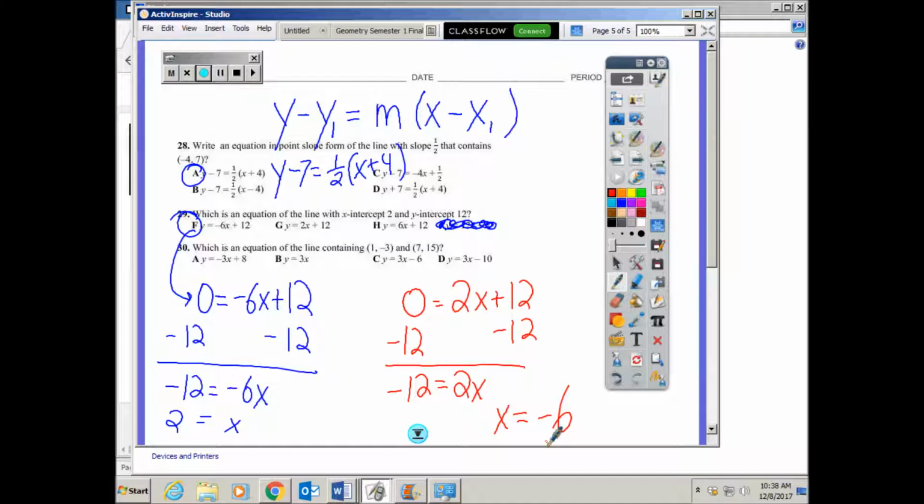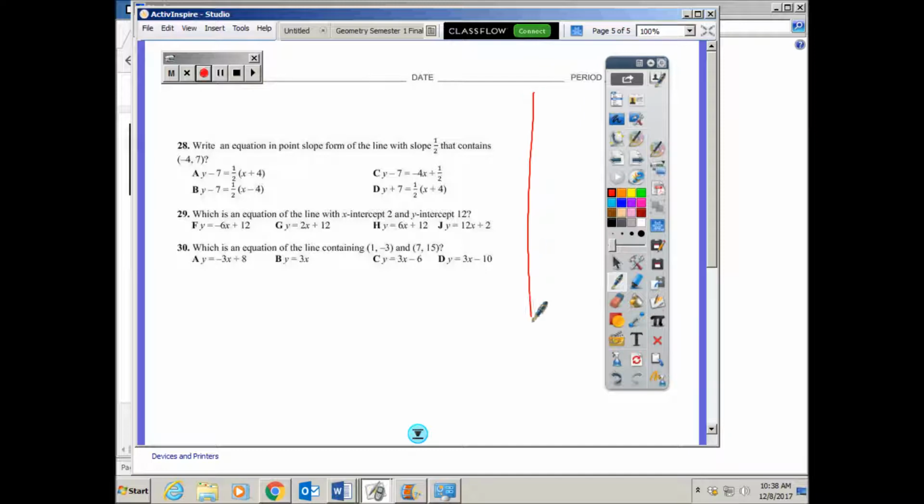Does that one make sense? Okay, so let's go through. This one is confusing. What is y-intercept? This means that if I graph it, it's going to go through the y-axis at 0, 12, correct? And it's going to go through the x-axis at 2, 0. Okay? So since they gave these to me in slope-intercept form, that's y equals mx plus b,